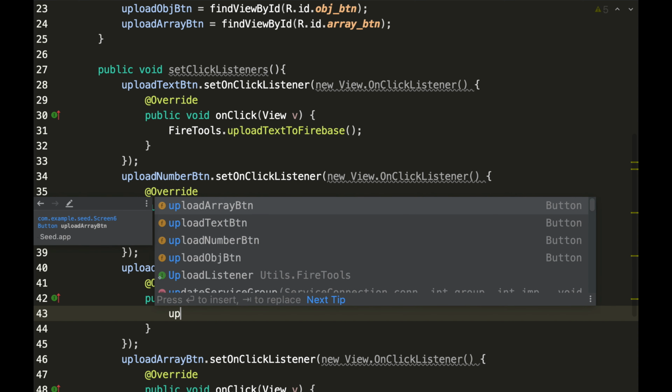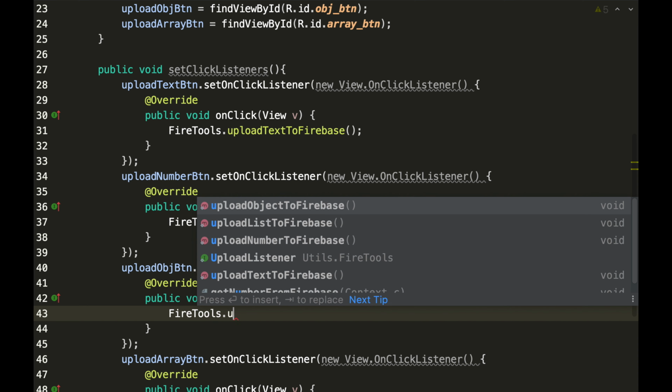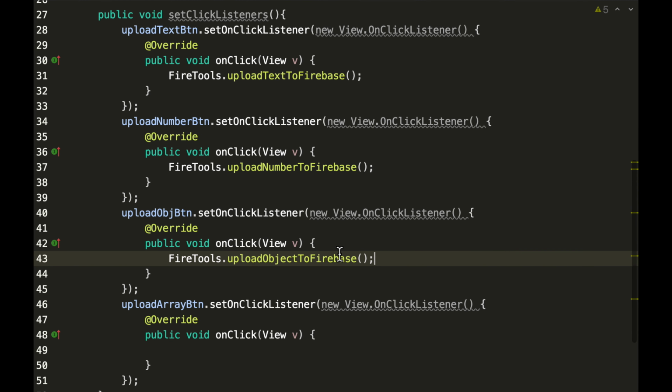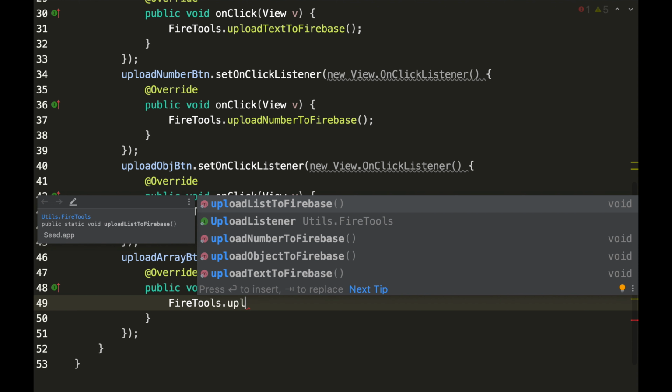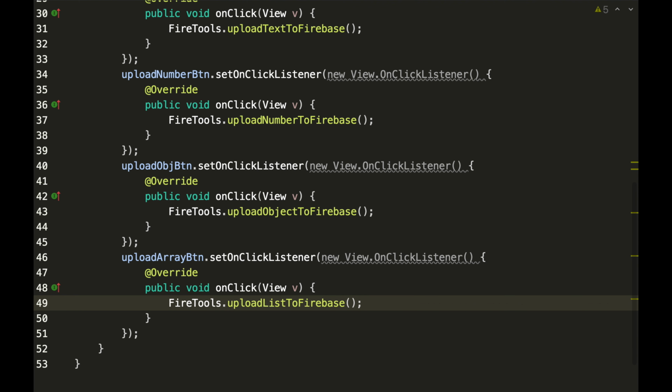Upload fire tools dot upload object to Firebase. All right, and then lastly, fire tools dot upload array. This is the one that's gonna upload a list to Firebase. Dot upload list. That's the first one. Okay, so now before we proceed and run this app, the upload object to Firebase, I'm